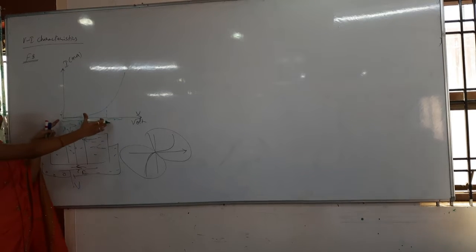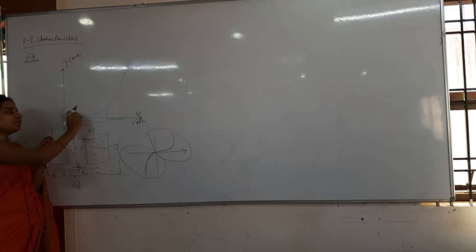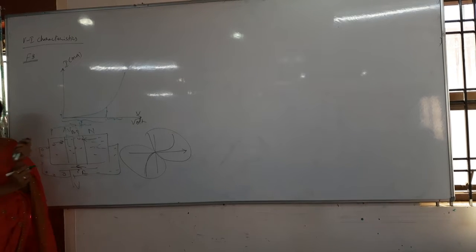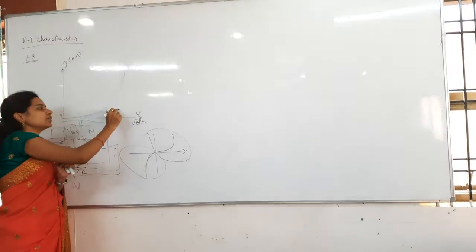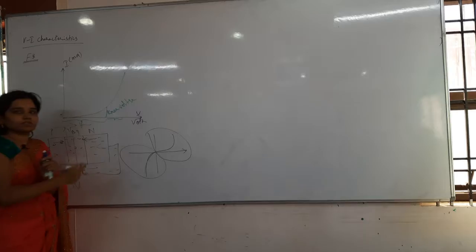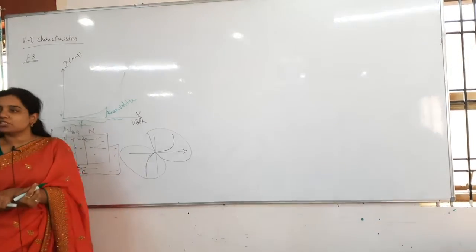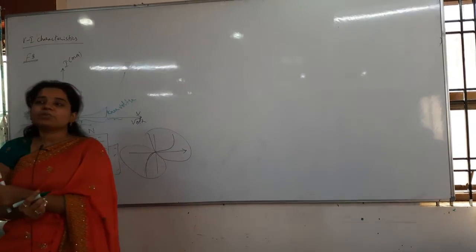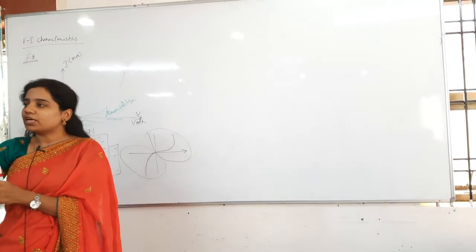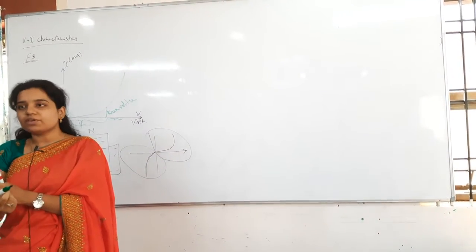Before this much of voltage was there, how much current am I getting? Only this much of increase in the current. Once I cross that barrier, that barrier voltage is known as the knee voltage here. Knee voltage or threshold voltage. In the dual nature also you have seen that threshold. After overcoming the threshold only, photoelectrons will come out. In the same way here also,